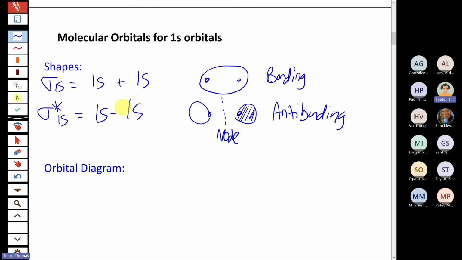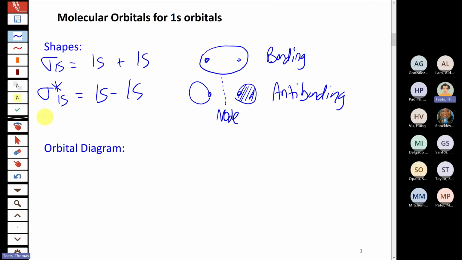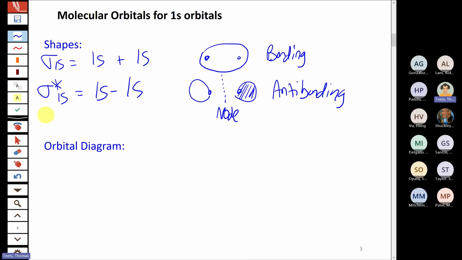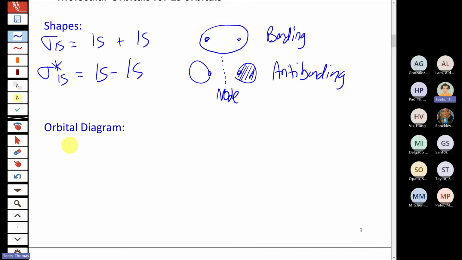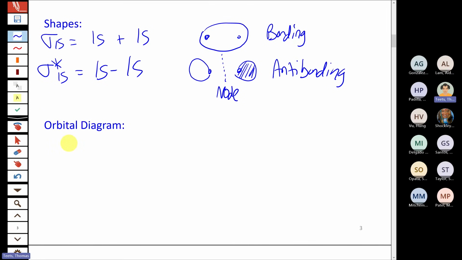Now, the more important thing to internalize, rather than the shapes of the orbitals, even though I think that's useful to think about, is what the orbital energy level diagram looks like. This is what we're going to be talking about the most today, and how we use these diagrams and apply them. So the way that we draw these diagrams, if we're trying to be as complete as possible, is that on the outsides of the diagram, we have the atomic orbitals that are mixing, in this case two identical 1s orbitals. And then when those orbitals mix, they form a bonding orbital and an antibonding orbital.